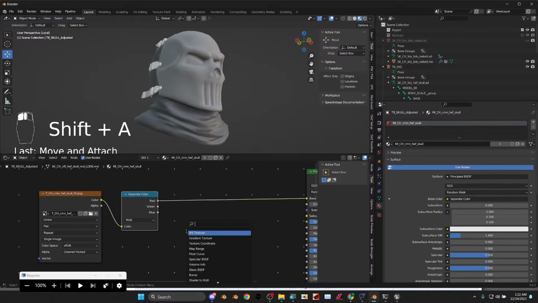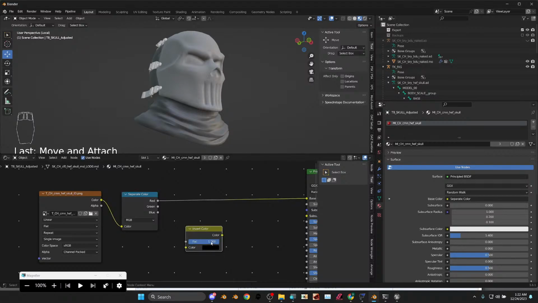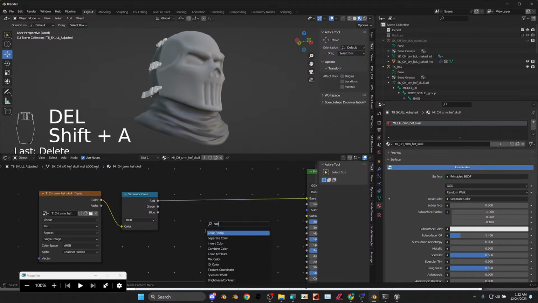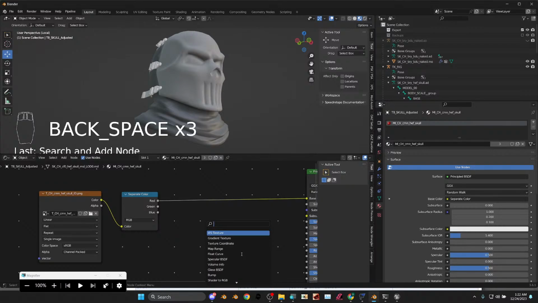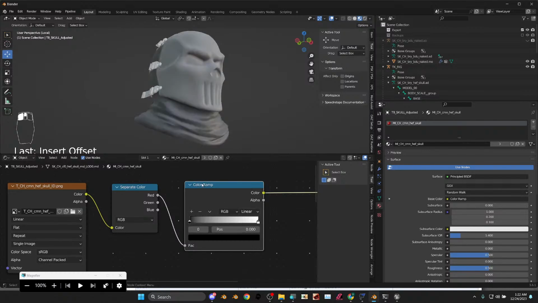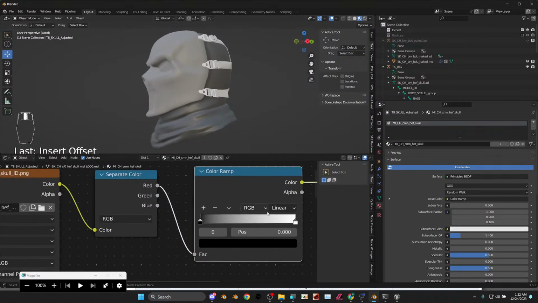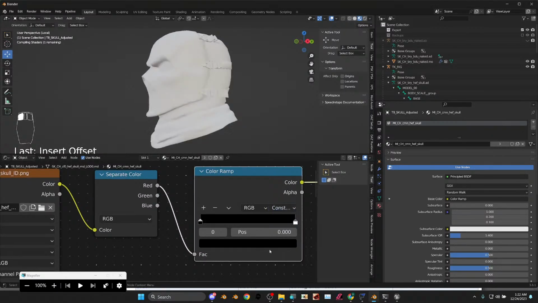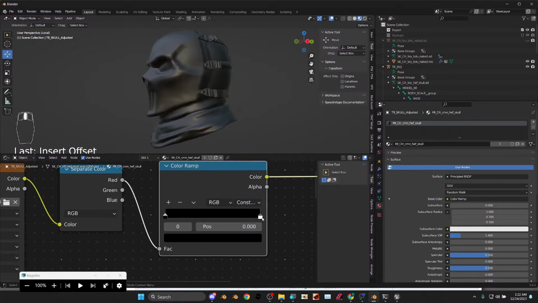And I'm going to hit Shift A, search. I'm going to make a color ramp. And the purpose of this color ramp is to isolate certain colors. And so I believe I can use constant. So let's switch it to constant. Right. And so I've got white and black. And as you can see, as I move it around, different things change. So